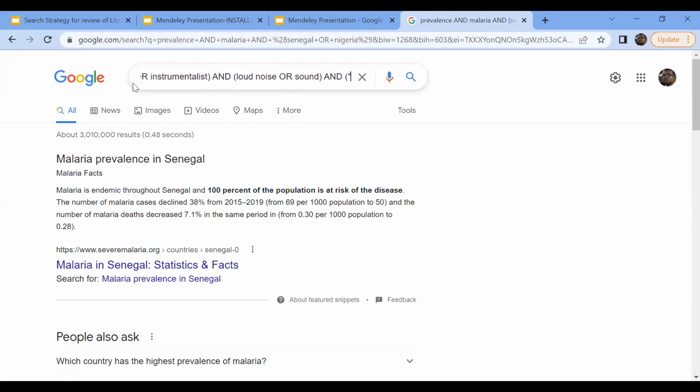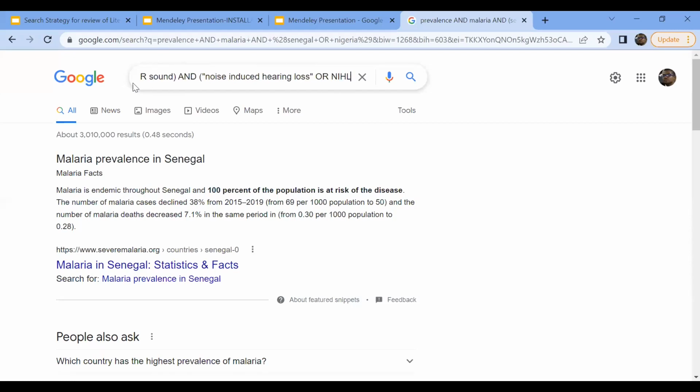Noise, because it should be one word for me. Because if I don't lock it, it's going to bring things on noise separately, noise-induced separately, hearing separately, loss separately, because they are all words that mean different things. So I'm going to lock it: "noise-induced hearing loss," because I want it to be one word, OR